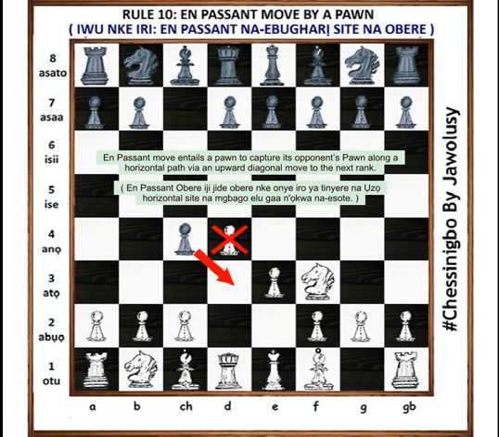En passant move entails a pawn to capture its opponent's pawn along a horizontal path via an upward diagonal move